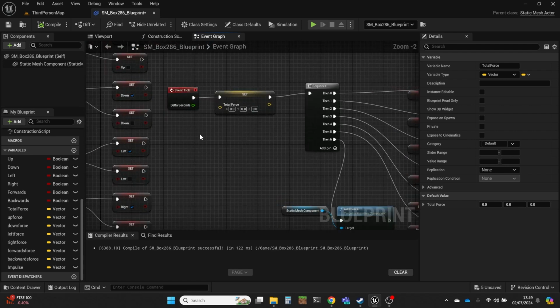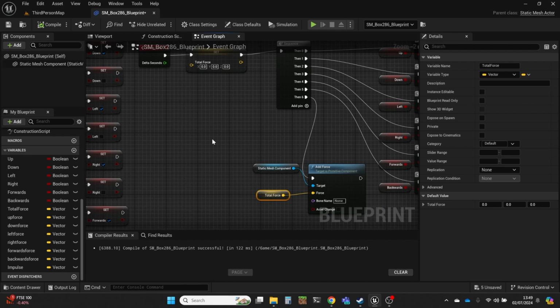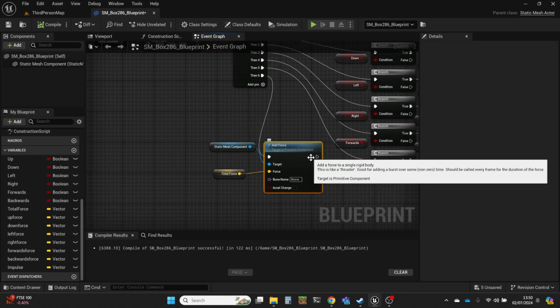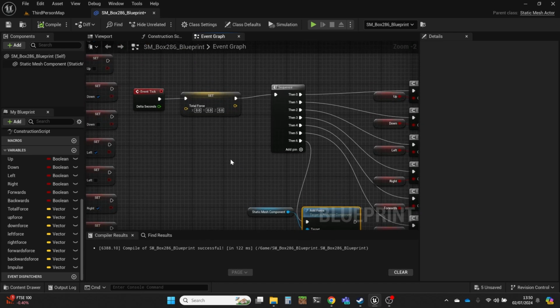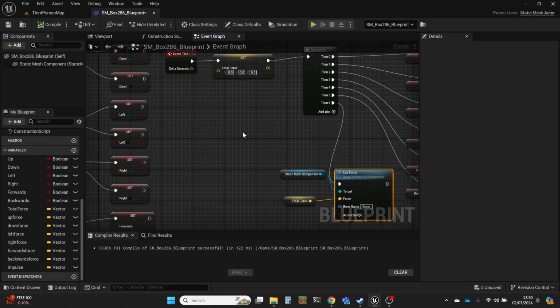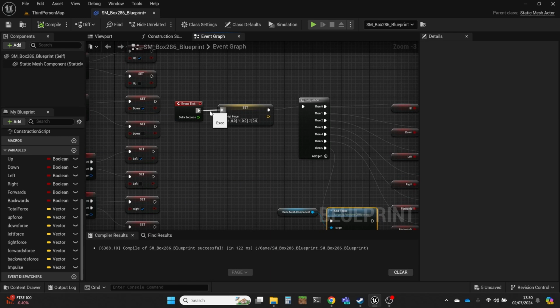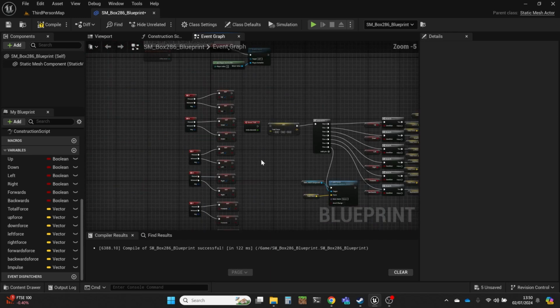So the way that we're going to do this is, there is another node which is called add impulse. What we don't want to do is deal with it in the same way that we've done here, which is that we're switching it on, switching it off, because an impulse is something that happens, and then if you did it on event tick, every time you go from the tick, you'd be doing that hit again. So you keep doing constant hits, and you kind of disappear off into the distance. So instead, what we're going to do is disconnect that. Can't be bothered to delete everything here.